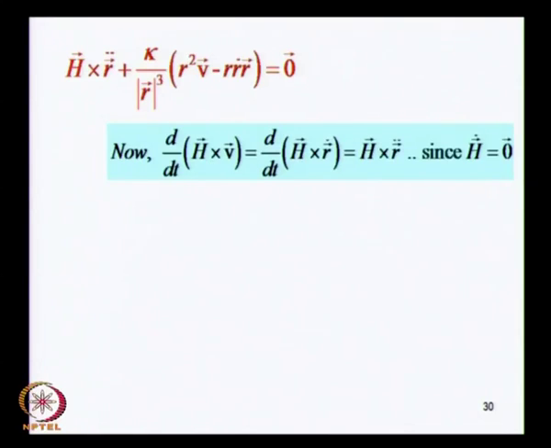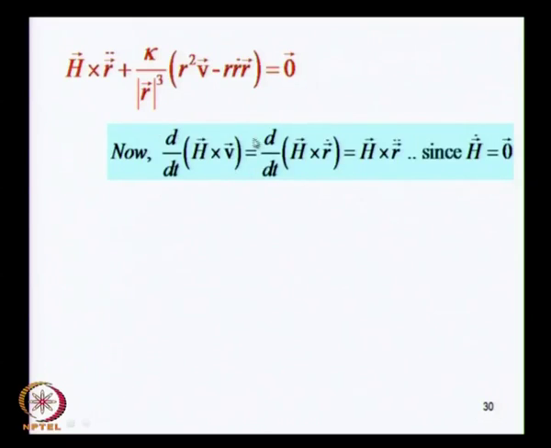But dh by dt is the rate of change of the angular momentum, and we already know that the angular momentum is conserved. So, dh by dt will vanish. So, you have the second term, which should go to 0. So, you get the time derivative of h cross velocity, which must be equal to h cross r double dot,